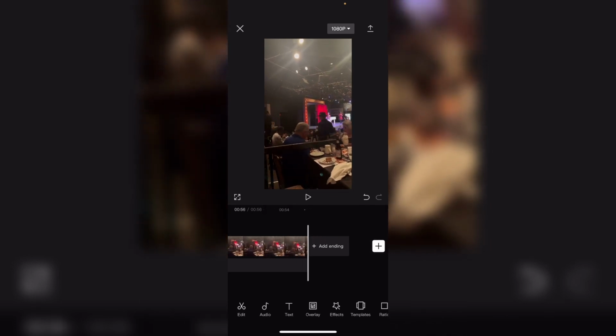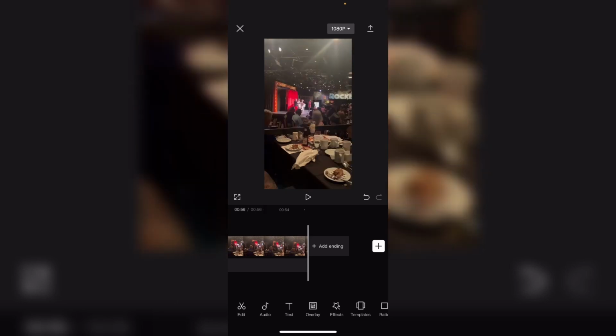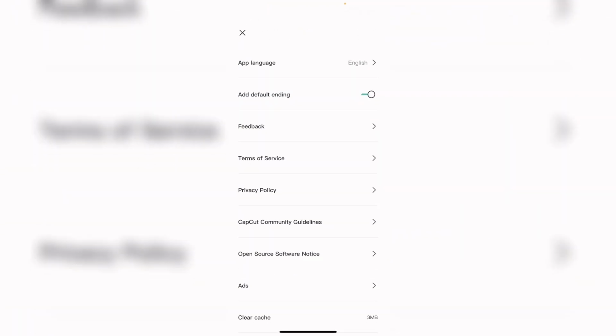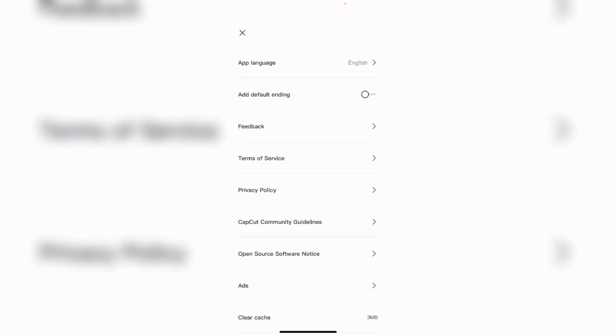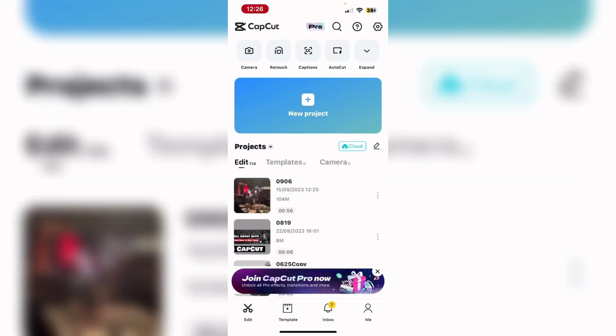To remove the default end screen from future projects, close down your current project by tapping on the X. Tap the settings icon for an option that says add default ending and turn the switch off. Discard. And then exit the settings. Now when you start a new project, the default ending will not be added and you'll just have your video